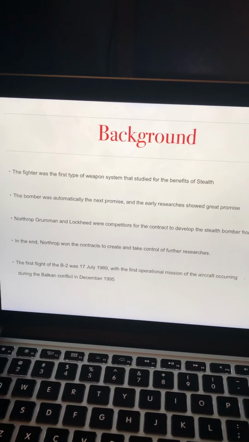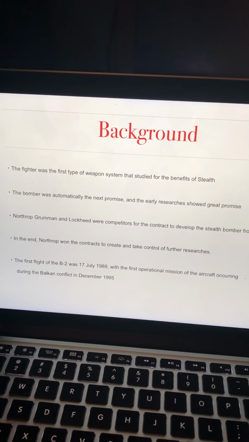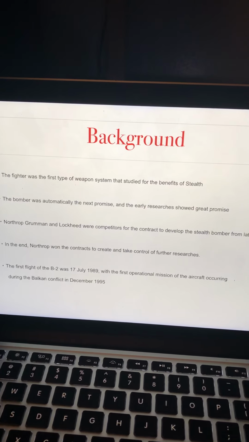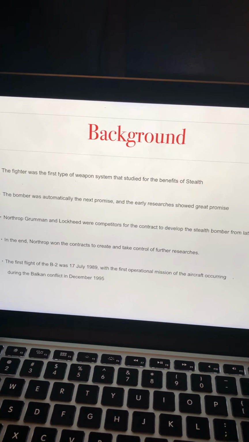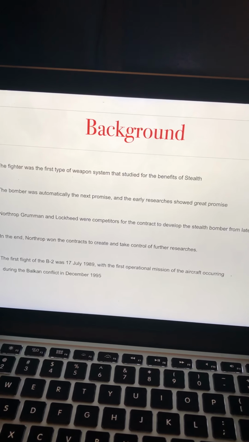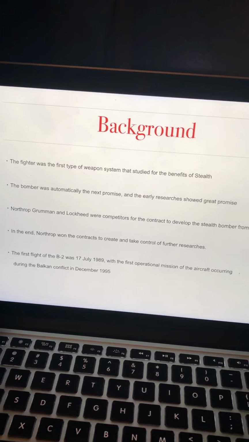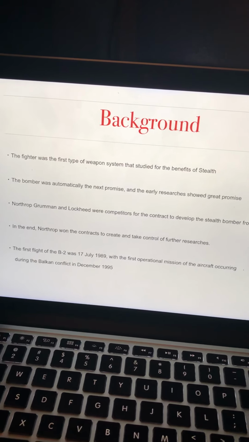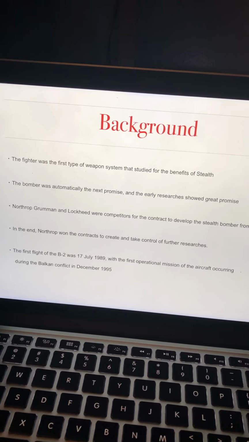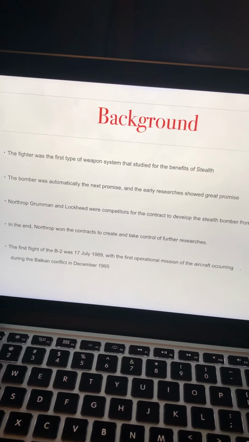So the fighter was the first type of weapon that, in the study of the benefits of stealth, automatically showed promise. The early researchers showed great promise. Northrop Grumman and Lockheed were competitors, and in the end, Northrop won the contract to take control of the further research. The first flight of the B-2 was actually on the 17th of July 1989,